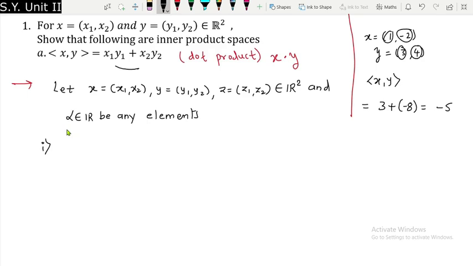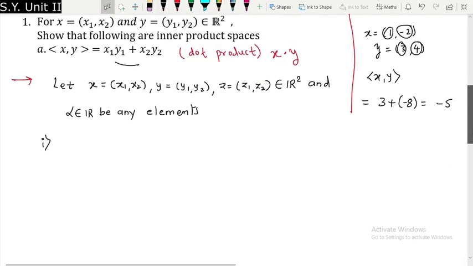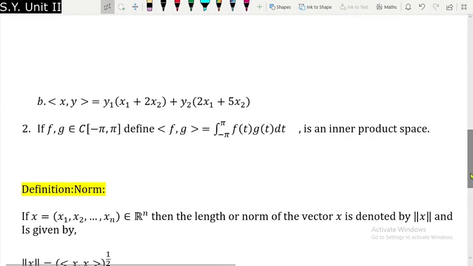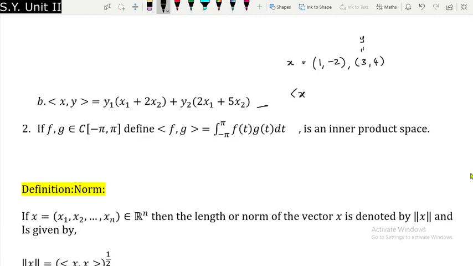But note the definition of the inner product may change. If my definition of the inner product is somewhat different, as given in the second example, I will show you, with (1, -2) and (3, 4), then if this is my x and this is my y, in this case the inner product of x with y will be different. It depends how the inner product is defined, right? So this is my x1, this is my x2, this is my y1, this is my y2. What will be my inner product in this case? In this case my inner product will be just some square.